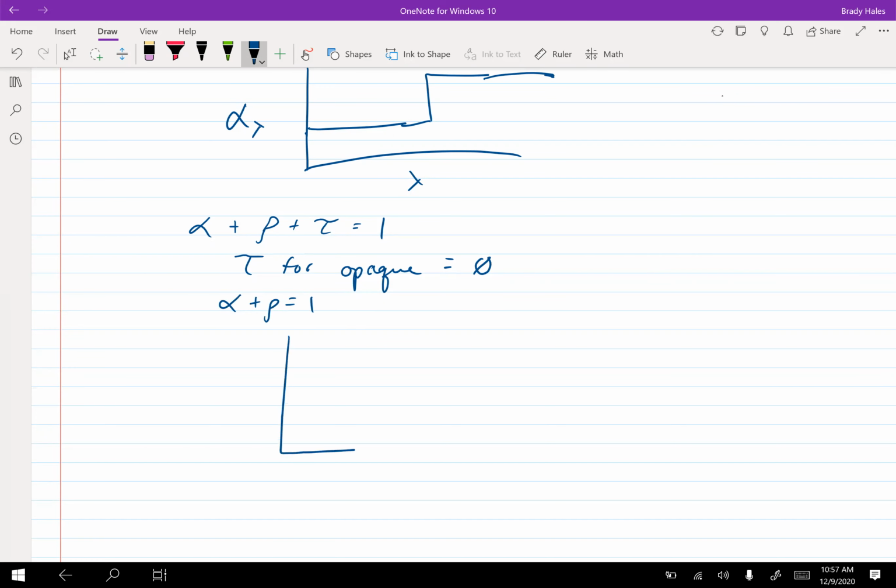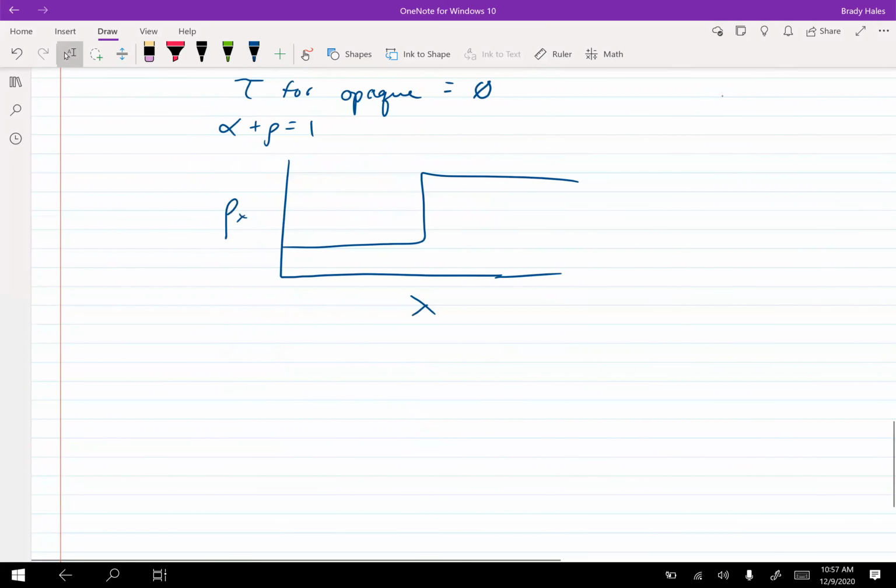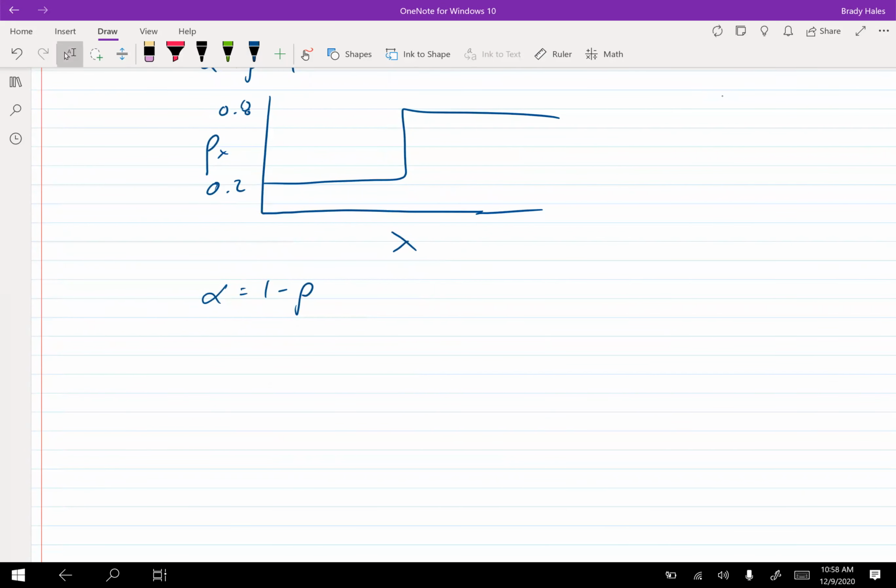So let's say they give you rho lambda as some graph, right? And you're trying to figure out what the absorptivity of this surface is. The absorptivity of this surface is going to be 1 minus rho, right? So if this is 0.2, this is 0.8, you can use this summation rule and you can